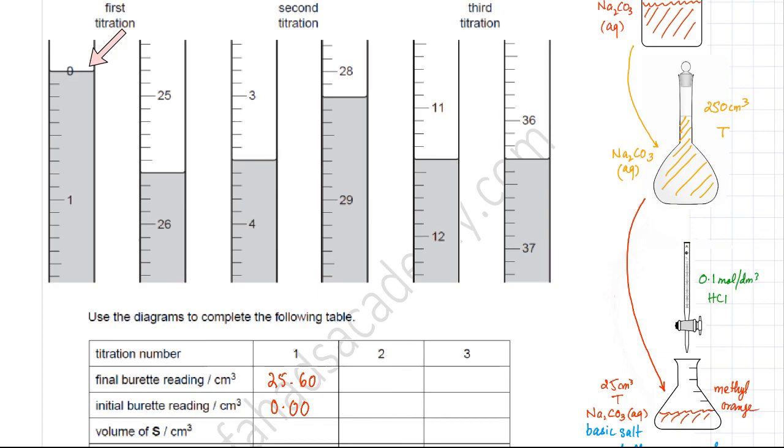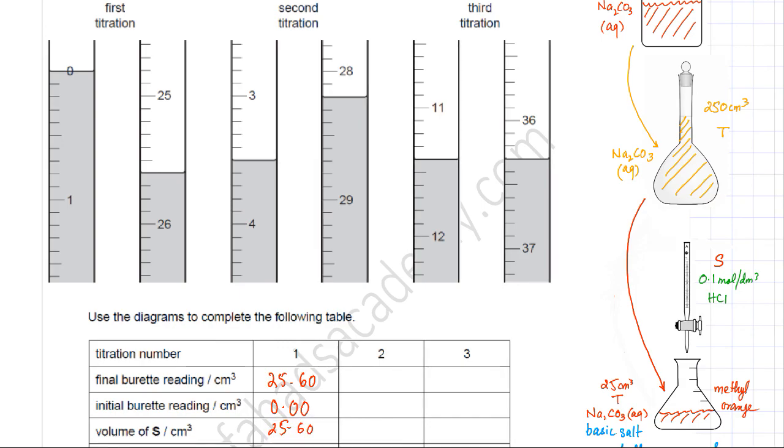The burette was initially filled to the 0 cm cube mark, and now it's filled to the 25.6 cm cube mark, so the difference is the amount of HCl that has gone into the flask containing sodium carbonate. Remember, this was solution S, the HCl 0.1 mole per decimeter cube. So the volume of S that's being added is going to be the difference between the two values. So in the first case, it's going to be